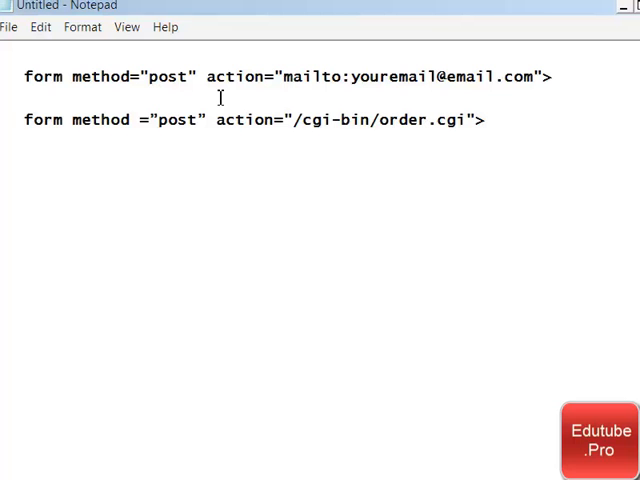When the user clicks on the form Submit button, the content of the form is sent to a server. The action attribute defines a URL where the data on the form should be sent to be handled. The file defined in the action attribute usually does something with the received input. In this case, I'm mailing it to myself via this email address. In the second example, I'm sending it to the CGI bin of my server and then processing it with this